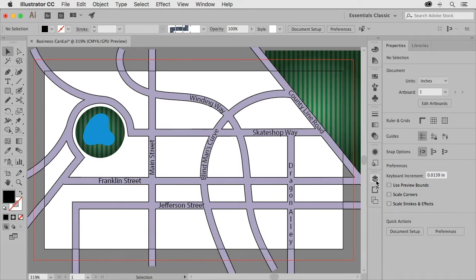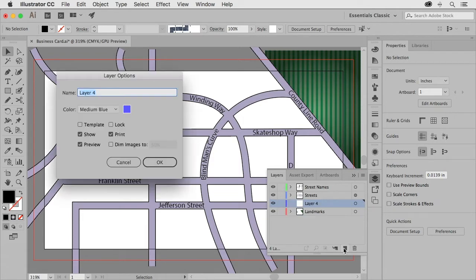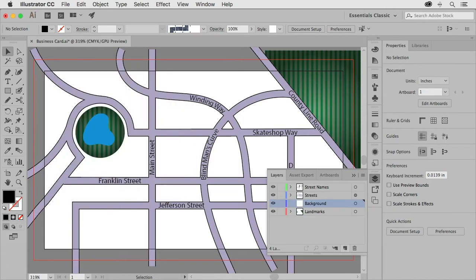Now I'm going to start by opening my Layers panel, and I'm going to click on the Landmarks layer, and then I'll hold down the Alt or Option key and click the Create New Layer button. And I'm going to call this layer Background. Now I'm going to move that to the bottom of the stacking order in the layers, and then I'm going